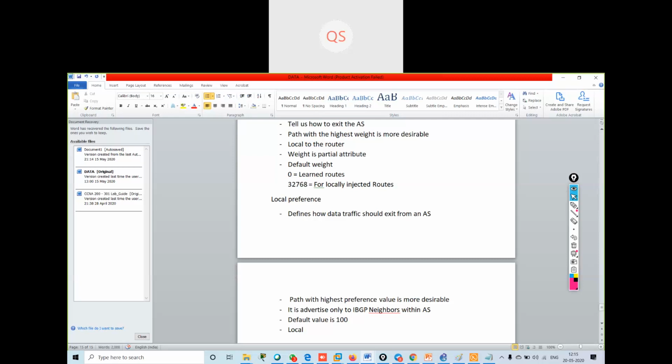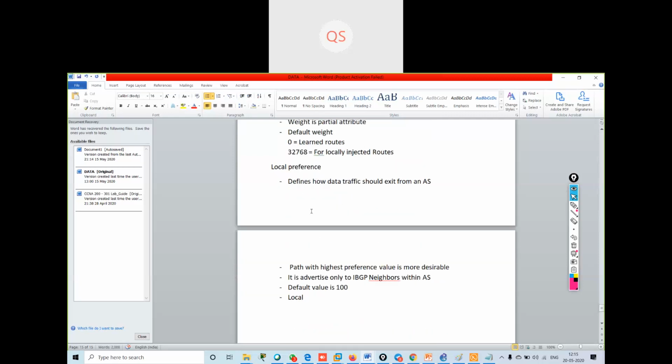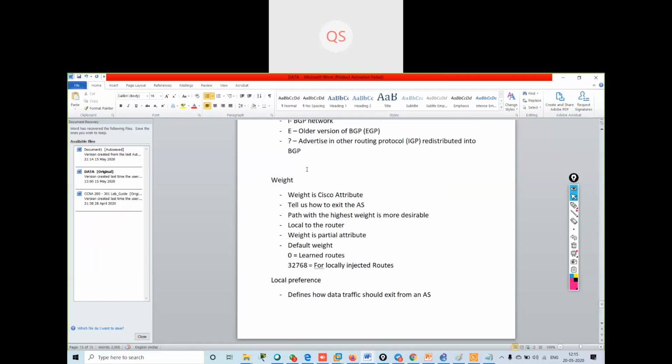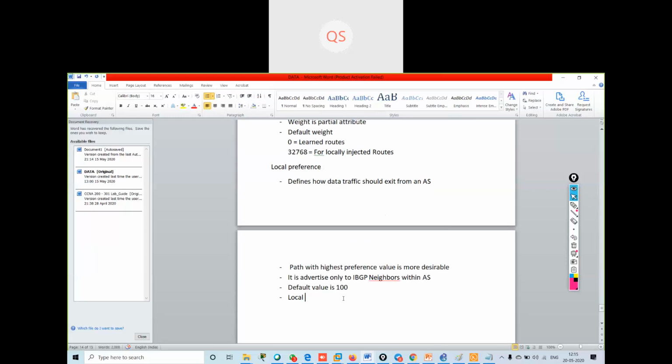We are using these attributes to select the path to go to another autonomous system number. So if you want to go to another autonomous system, you have to reach the border router. So all the eBGP configurations will be on the border router only, not on any other router. Other routers will have only the IBGP configurations.